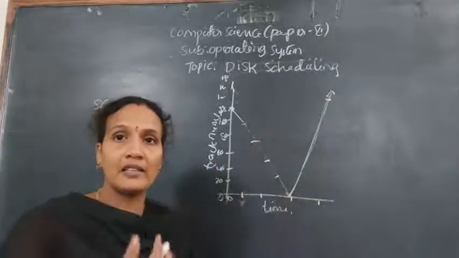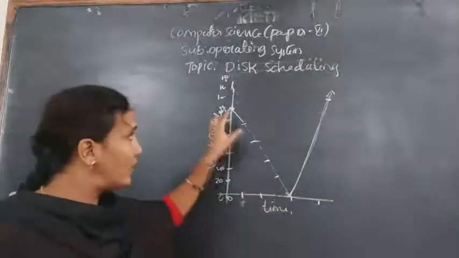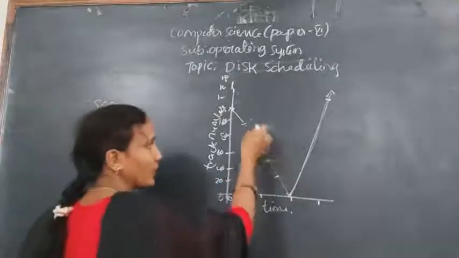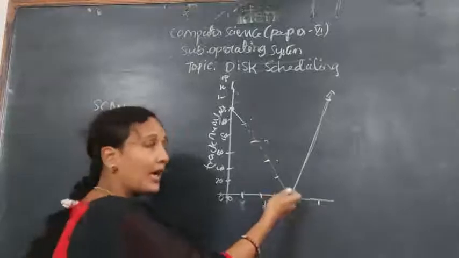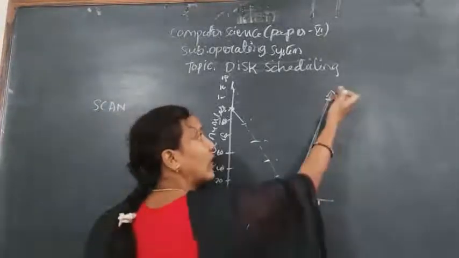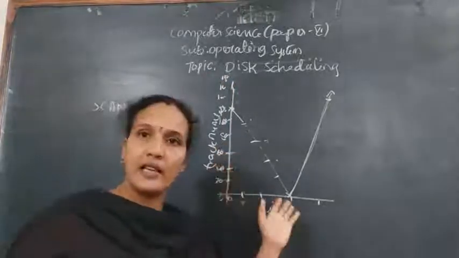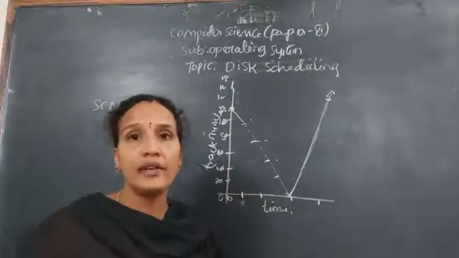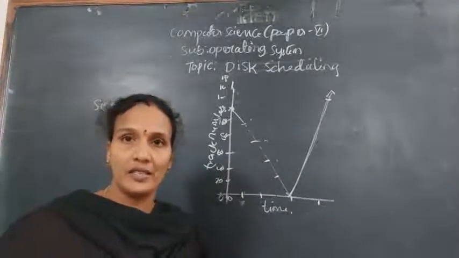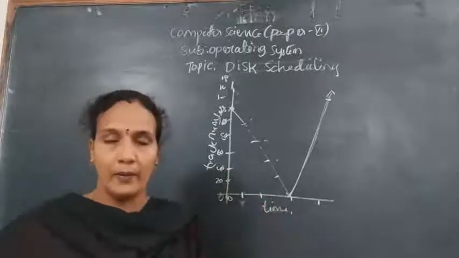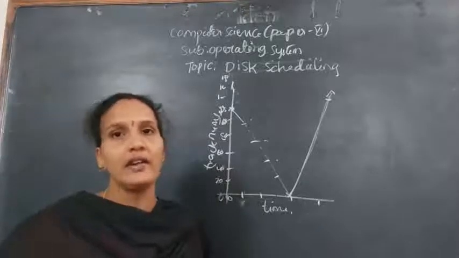It is just like an elevator, like a lift. First it will come down, for example to the first floor, second floor, third floor. It will provide the services and reach one end. Again in the other direction, it will move up and down. That is why this SCAN scheduling algorithm is called the elevator algorithm, because whatever servicing is there is similar to that of an elevator. So this algorithm is called the SCAN elevator algorithm.